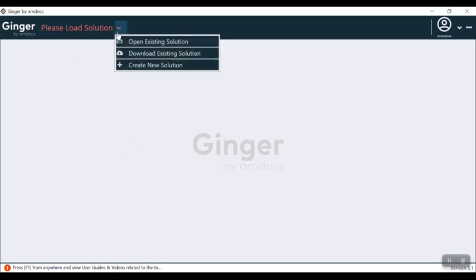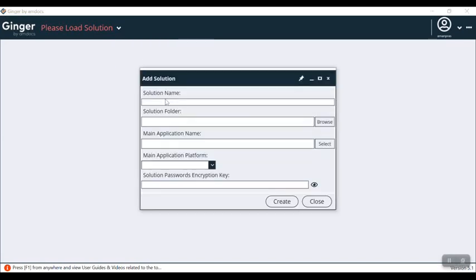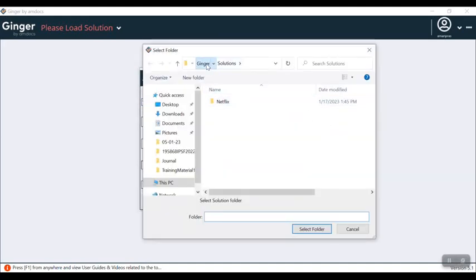So we have opened our application, Ginger by Amdocs. Here you can see "Please load solution", on which we will create a new solution. Let's name this solution as we are testing a YouTube page. I will create a YouTube solution name. Now I select the solution folder,